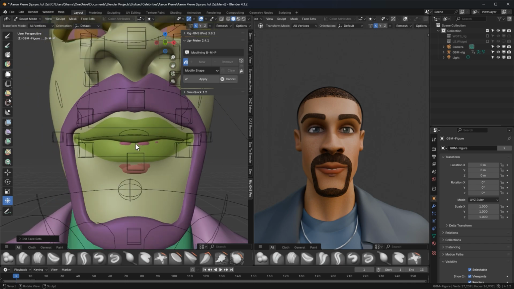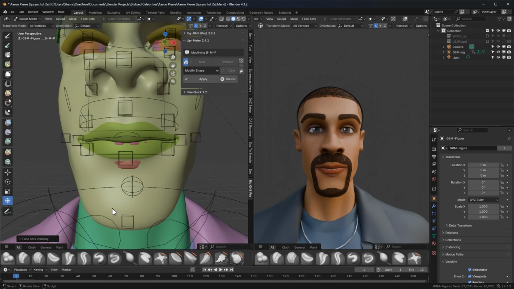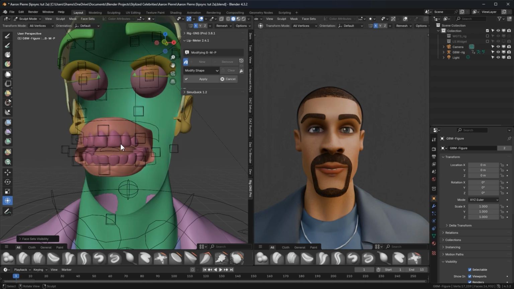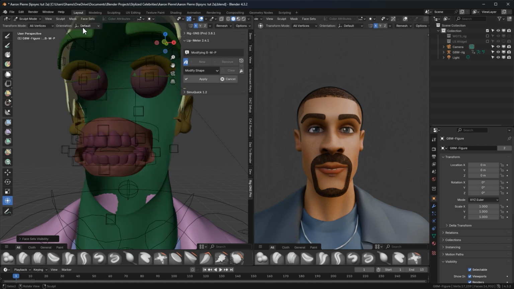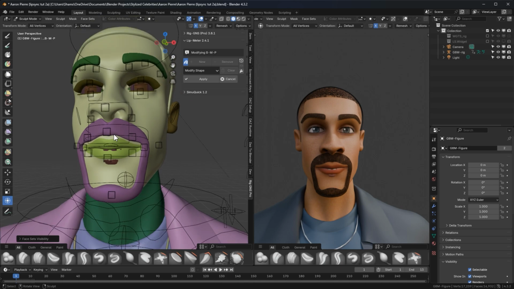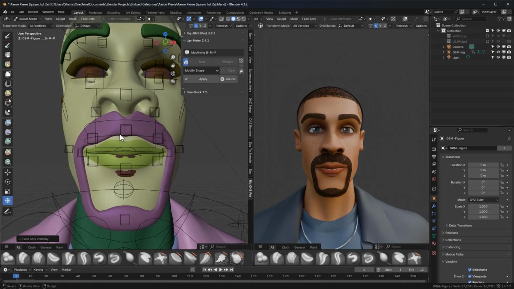In this case, I want to work on the face, lips, and mustache while avoiding the inner mouth and teeth. Okay, now I can hide parts I'll be working on. So with the mouse over the mustache, I'll press H to hide it. Then I'll do the same for the face and also the lips. Now I'm going to mask this mesh by going to the mask menu and then select fill mask. Now everything is masked, so we can bring back the hidden parts by pressing Alt H, and you can see the hidden parts are not affected by the masking. Now I can sculpt without worrying about messing the teeth or the inner mouth.